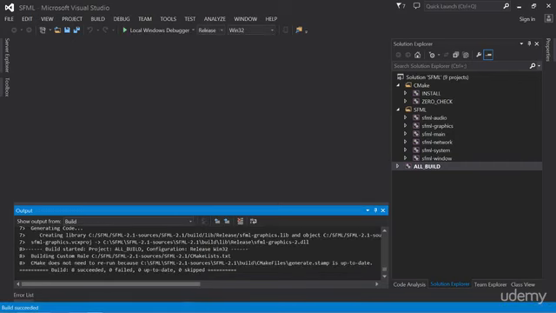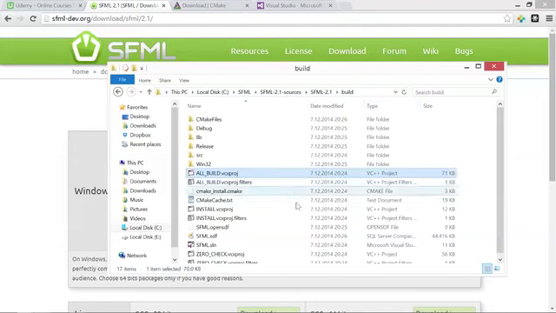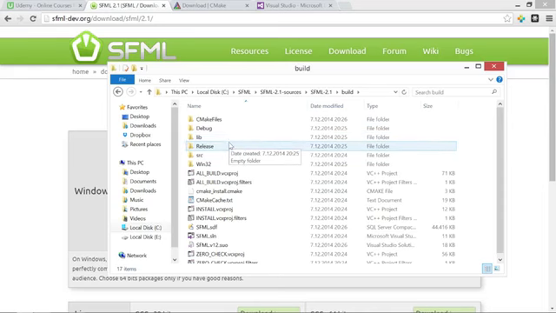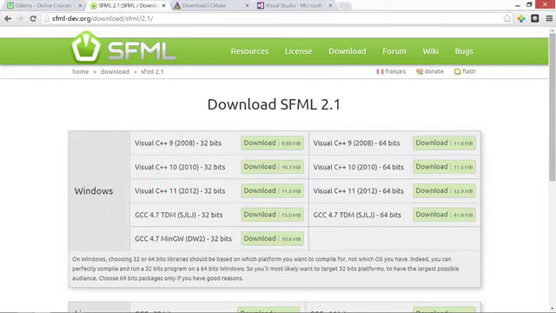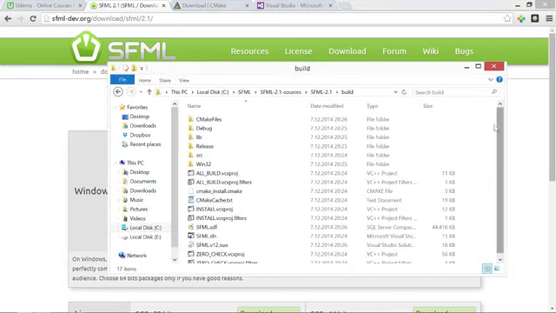Take some time and done. It succeeded. With this, we have successfully built the SFML library for our version of Visual Studio, something they don't provide on their site. So now, in the same folder, in the build folder, we have a new folder called